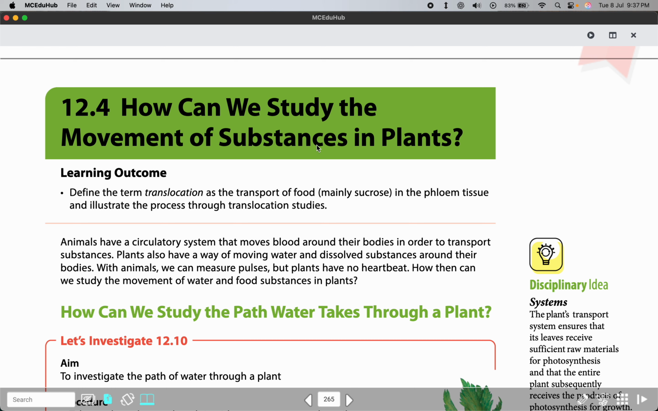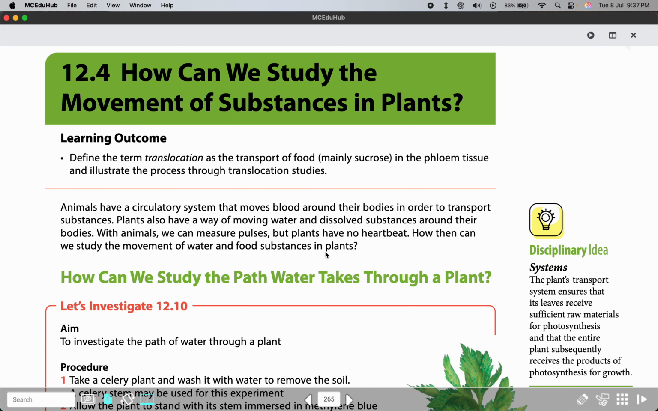Hello, it's Mr. Cho once again, and today we are going to be talking about the movement of substances in plants, both the food like sucrose as well as water and mineral salts. So let's talk about this term called translocation. This is the transport of food, mainly sucrose, in the phloem tissues, and we will actually study this process